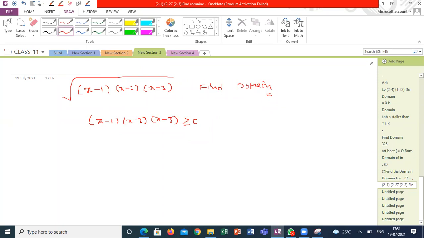If I am taking x less than 1, what is happening here? This is coming positive. It's negative, sir. This is coming negative, but finally I am getting a positive value if I take x less than 1, correct? Sir, if x is less than 1, then how is the first one positive? So negative. So x should not be less than 1, correct? Might be equal to 1. X should not be less than 1.